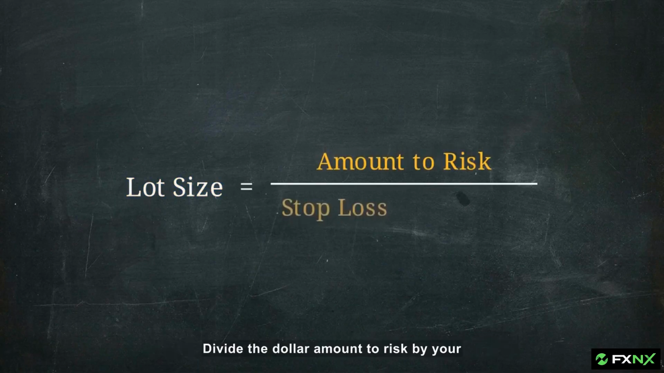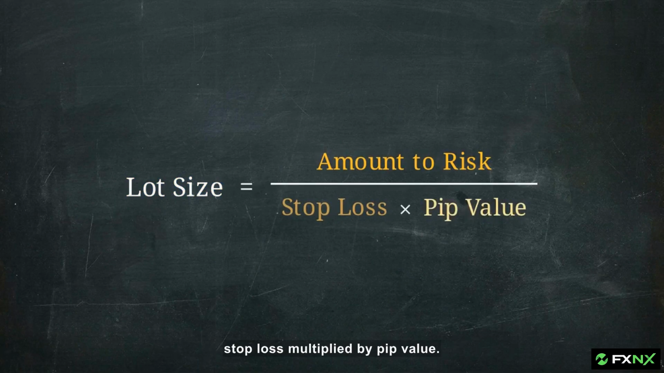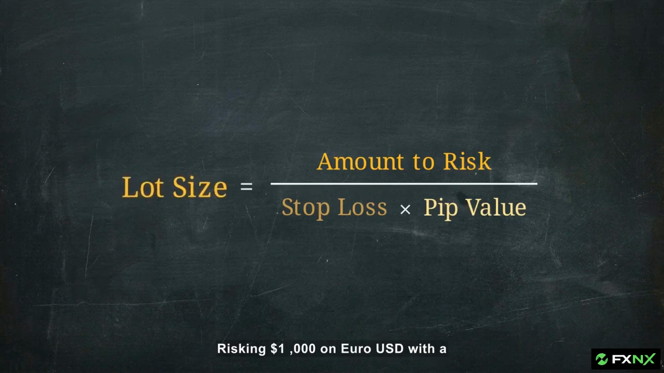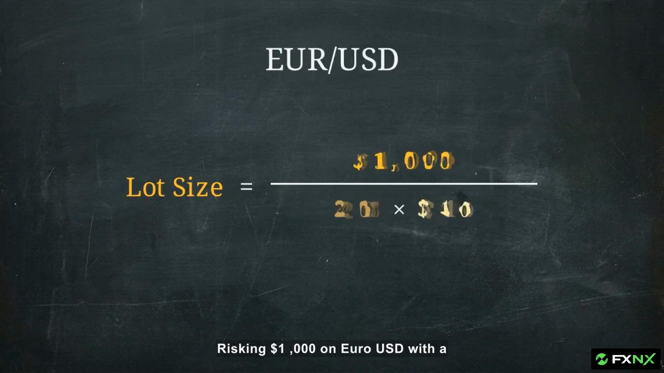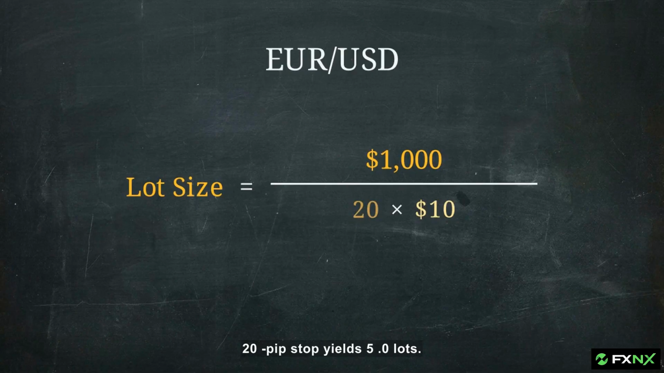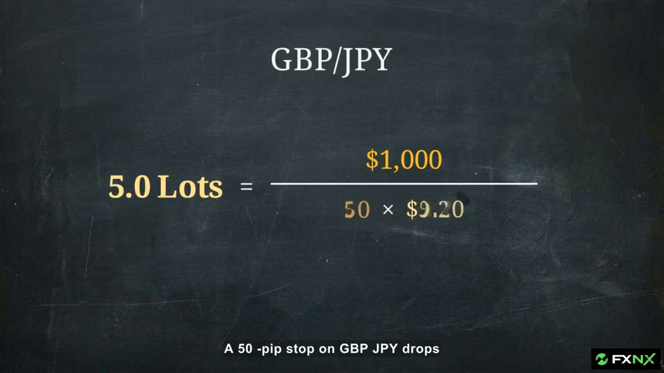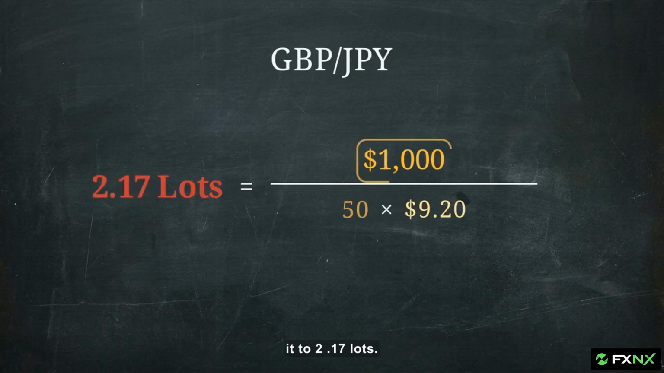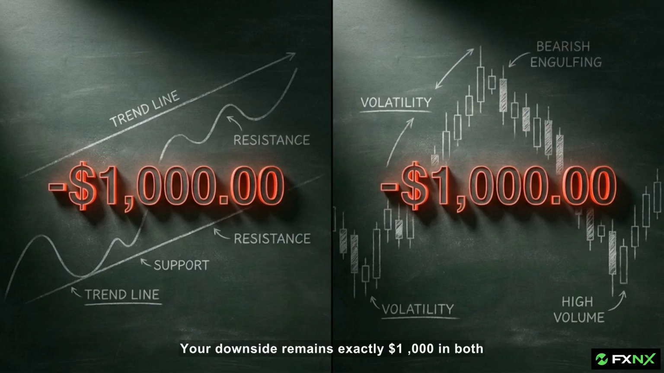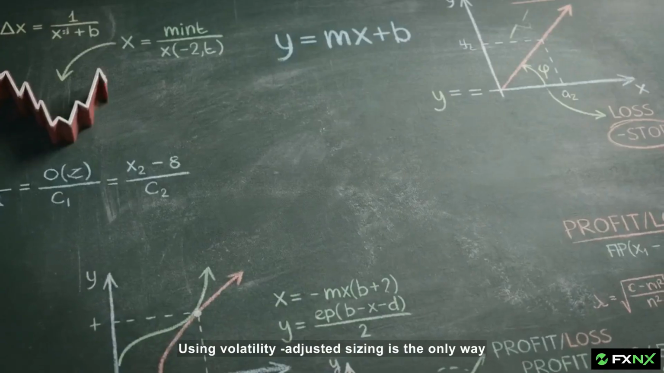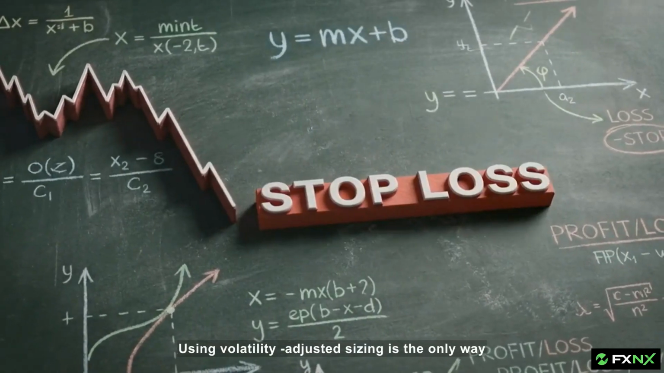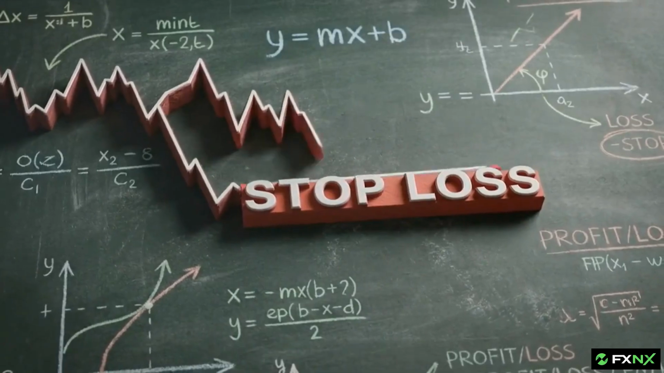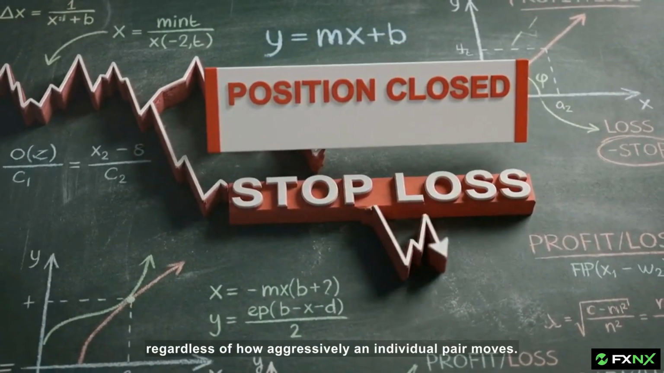Divide the dollar amount to risk by your stop loss multiplied by pip value. Risking $1,000 on EUR-USD with a 20 pip stop yields 5.0 lots. A 50 pip stop on GBP-JPY drops it to 2.17 lots. Your downside remains exactly $1,000 in both cases. Using volatility-adjusted sizing is the only way to ensure your capital is protected, regardless of how aggressively an individual pair